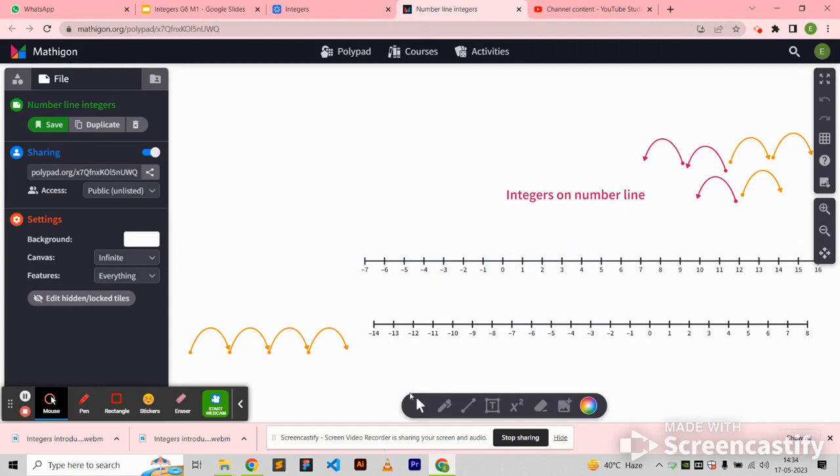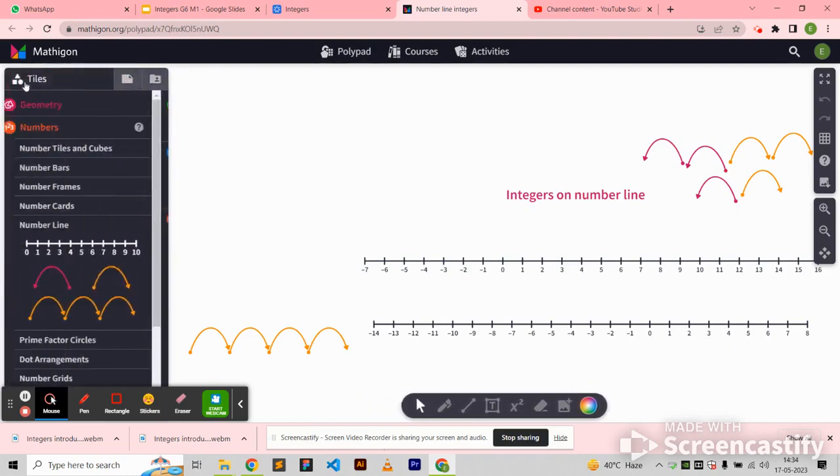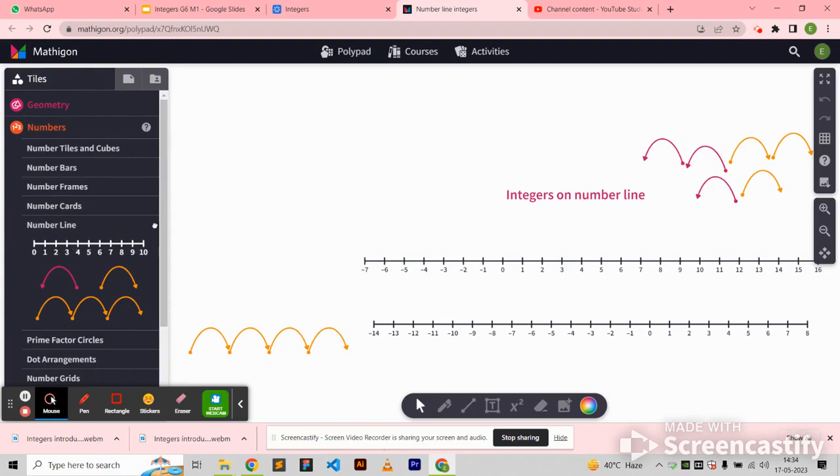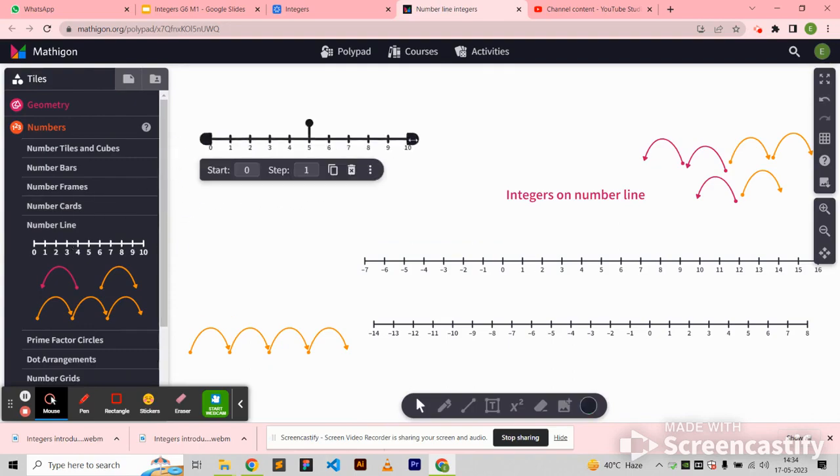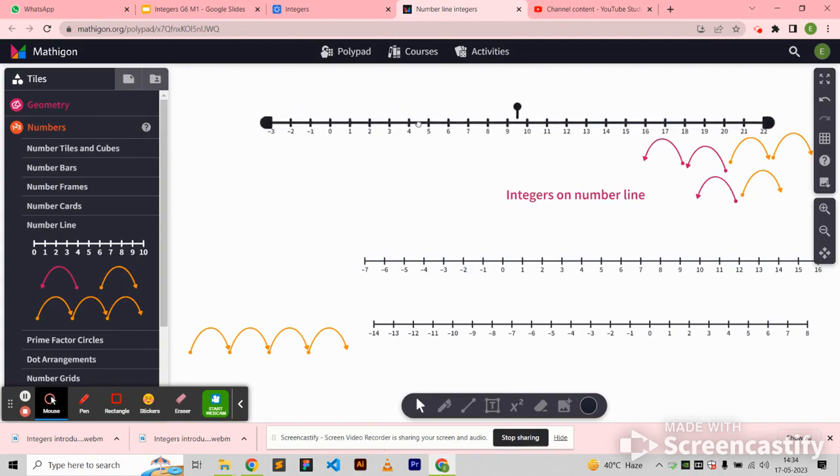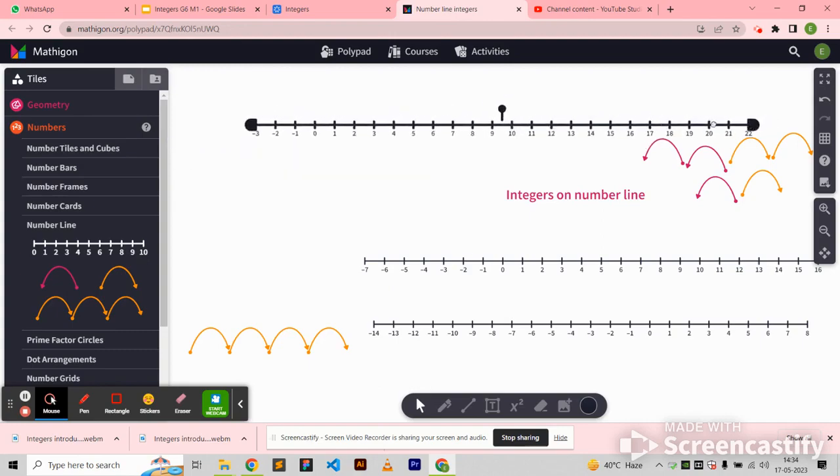So on this number line, we are going to showcase to the children. These are logged over here. So in case you want to draw a new number line, you can go into this one number line and you can choose a new one also. And when you stretch it, you will get a new number line. And we need the negative numbers as well.